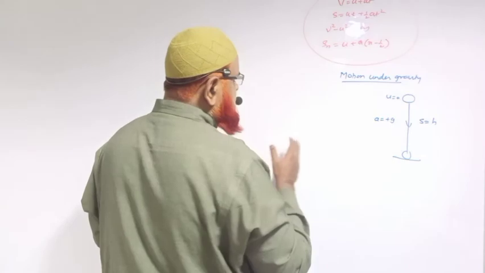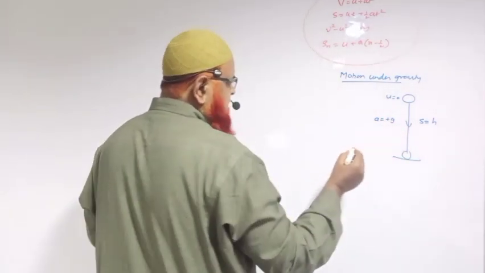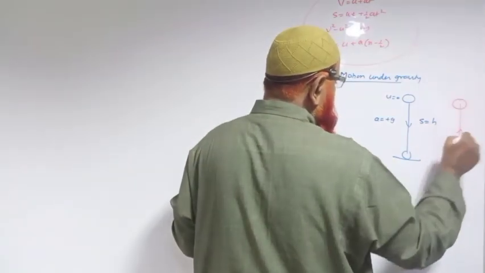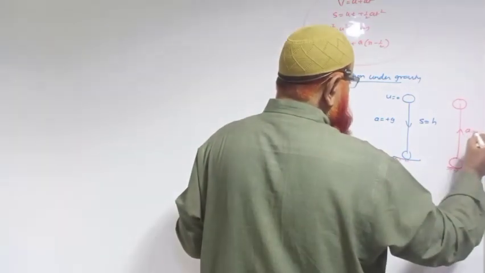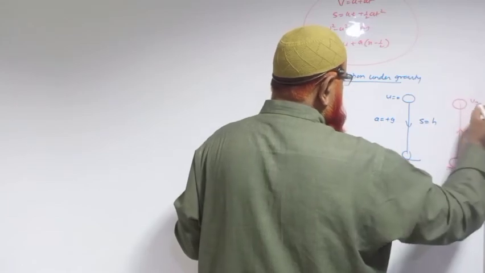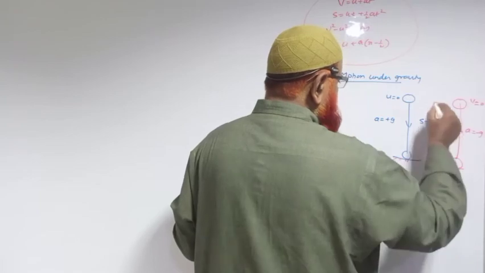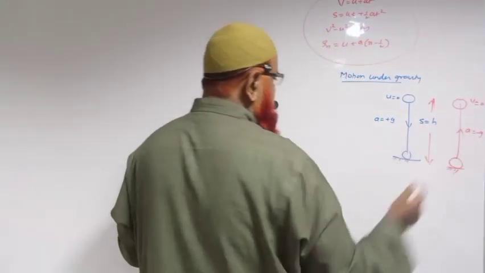So what are the changes we need to do in the above equations? Here, for example, a body is coming down. If the body is moving up, there's a special case, this is going to be the ground. Here, A is going to be minus g, and final velocity may be 0 when it reaches the maximum height. So at the maximum height, it is going to be 0. So A is going to be minus g.